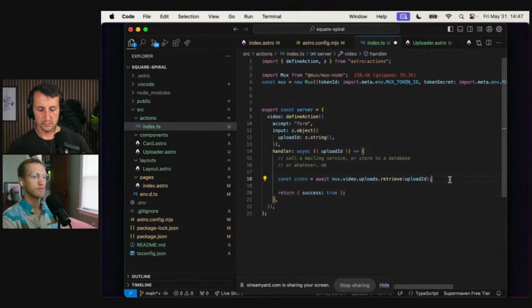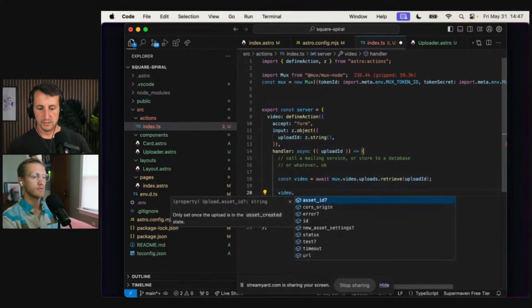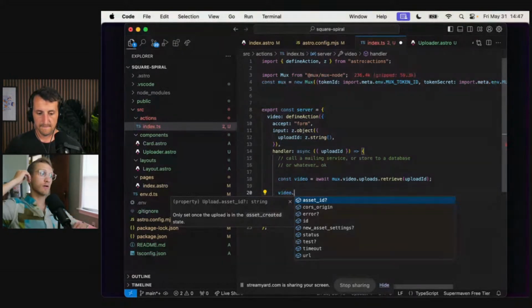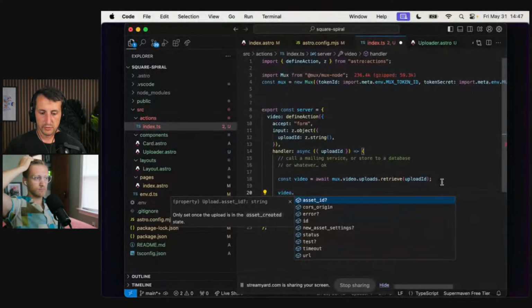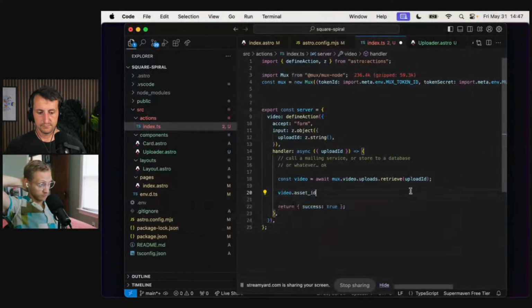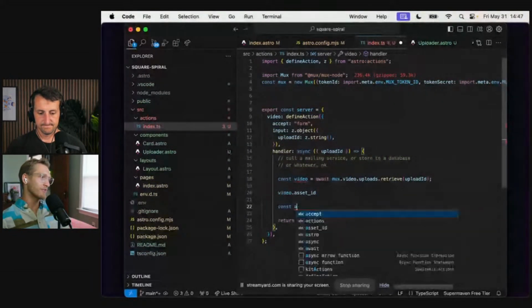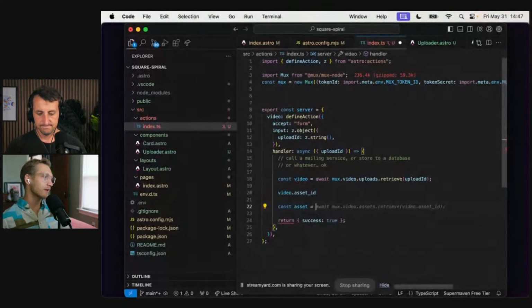Video. So what do we get here? Take a look. We have a particular asset ID only set once the upload is in the asset created state. So that'll be after your upload's complete. That's right. So what are we going to do with that then? After you have an asset, if you want to play it back, we have yet a third type of ID: the playback ID.